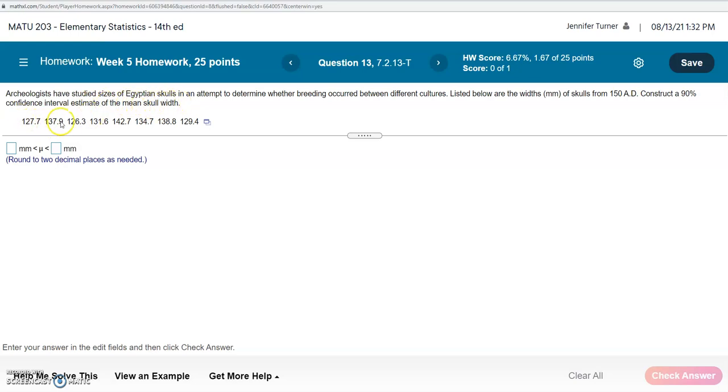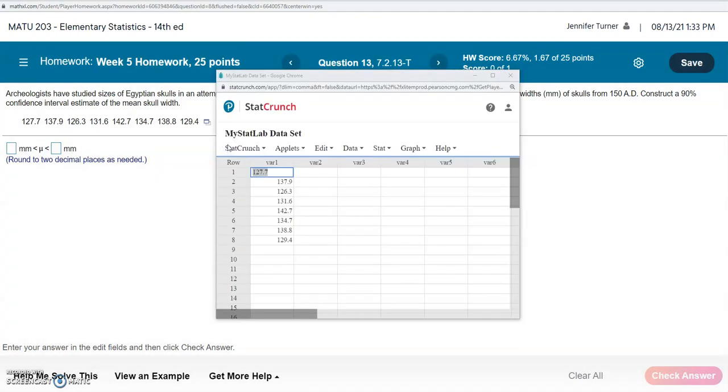So here they gave us the data for a number of different skulls that they collected from this sample from many, many years ago. And we would like to construct a 90% confidence interval to see what the mean skull width was for this time period for the whole population. So let's go ahead and open this in StatCrunch by clicking on the little blue icon and selecting Open in StatCrunch. To construct a confidence interval for a mean, we're going to go to Stat,